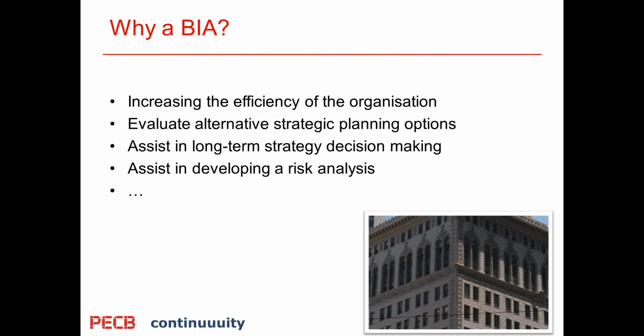As I said, it's increasing the efficiency of the organization. I think it's obvious. If I know about my processes, my resources, my dependencies, I can get literally for free tips and hints and directions on how to improve the organization. For example, when in such a BIA undertaking, I find out that the process is very clumsy, is very slow. Maybe there are many changes between electronic information and printed information, so that data has to be printed and then maybe re-entered into another system, or if I just depend on one single supplier for a critical part, then I get an automatic